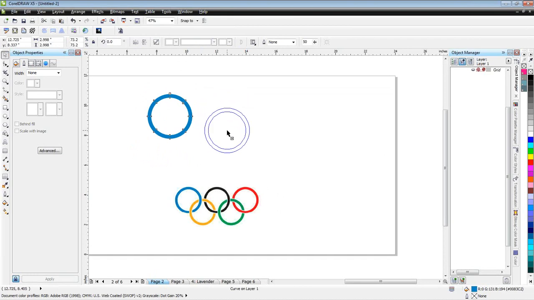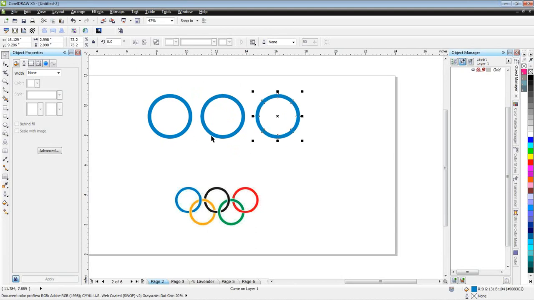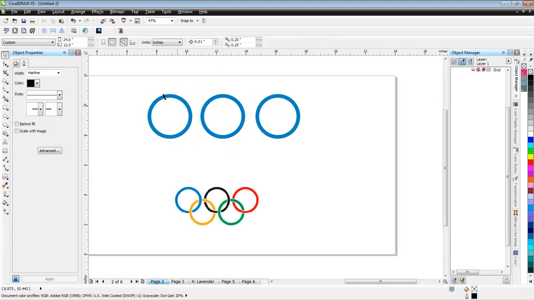Now if I want to keep it aligned, say I want these two level on the top, I'll hold down my shift key as I move it, and that holds it in proportion and locked in kind of top and bottom with it. So that's our second circle there. And I'll do the same with this. I'll start dragging it across, hold the shift key so it's nice and even, and I'll right click in that one there. Now I need two more down in here, but maybe these guys aren't distributed very well,